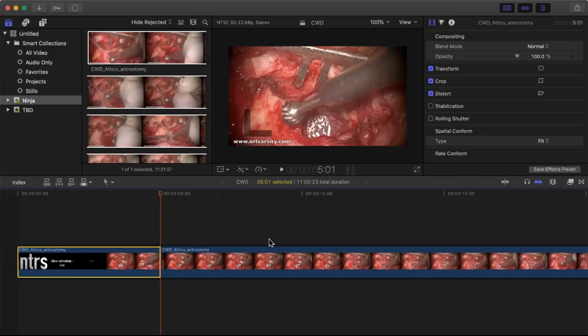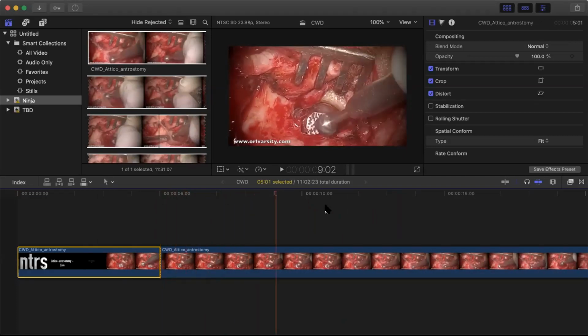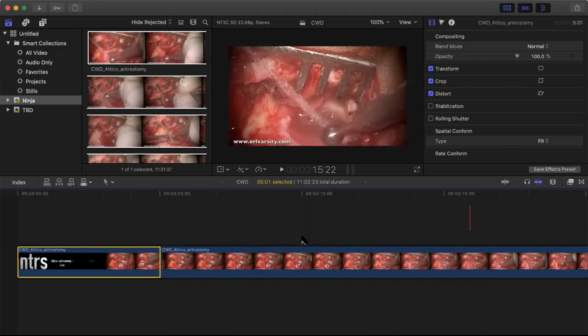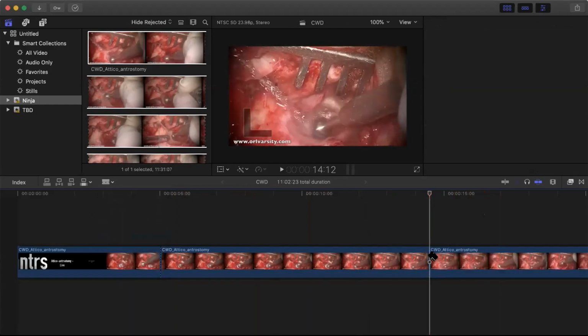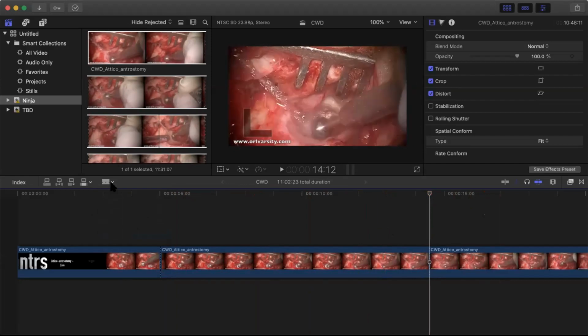Now what I can do is, suppose I've played the video and I've seen what I want to remove. So what I'm going to do is place the playhead where I want to remove, so I will again use the blade and I will cut it. Now what happened? Let's see. Now you can see here.